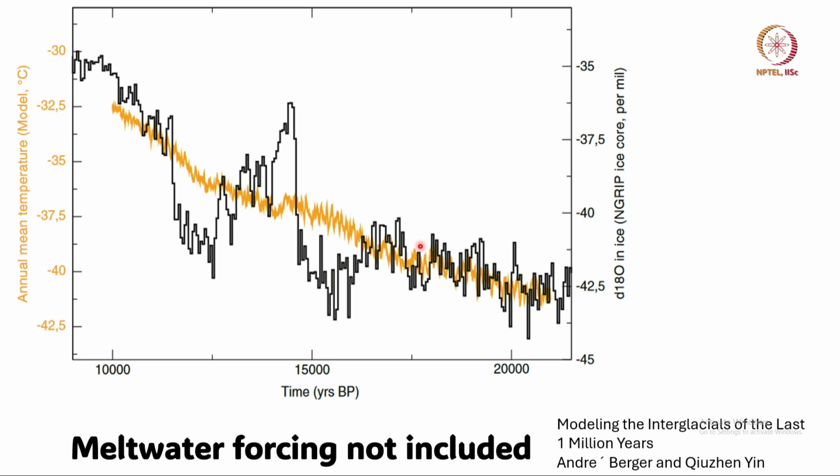So, this shows beyond reasonable doubt that the Heinrich event and the Bolling-Allerod phase were a response to meltwater fluxes. Okay. So, this is the advantage of using models. You can shut off the meltwater forcing, add the meltwater forcing, and see what changes occur to the global mean temperature.